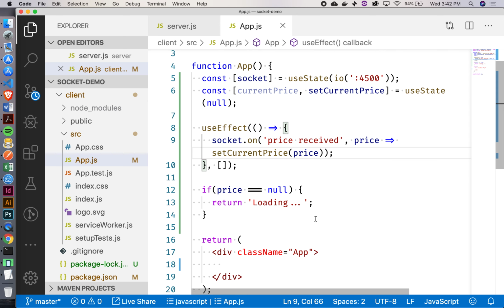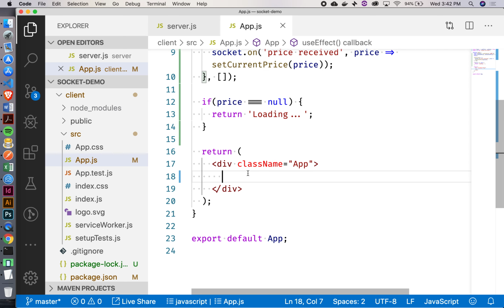Okay, and then down inside my render down here. So if we've gotten past this, that means that I've received my price, right? And I could put that down there for the user somewhere. You said this yesterday, but the last argument on that